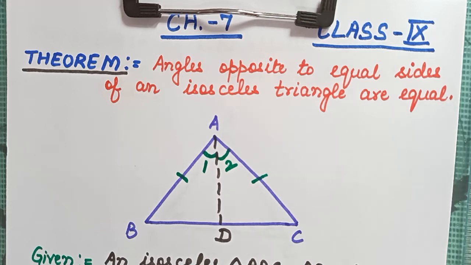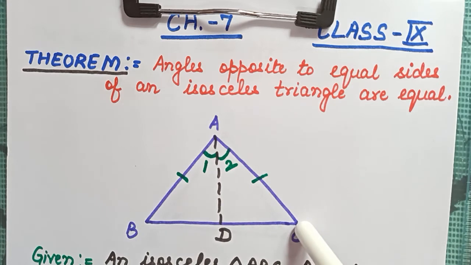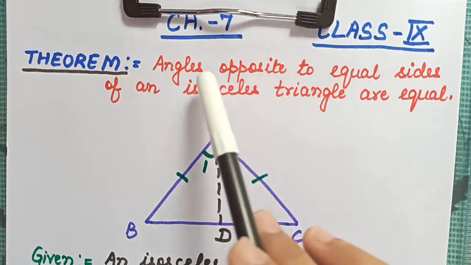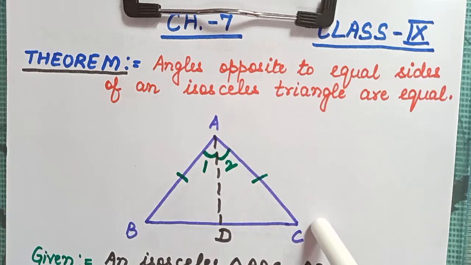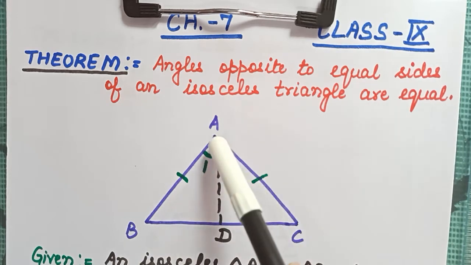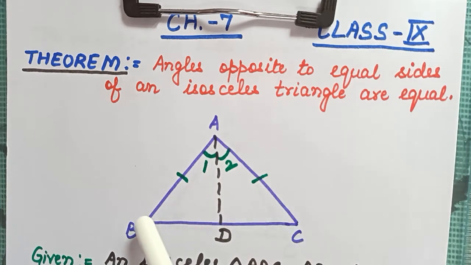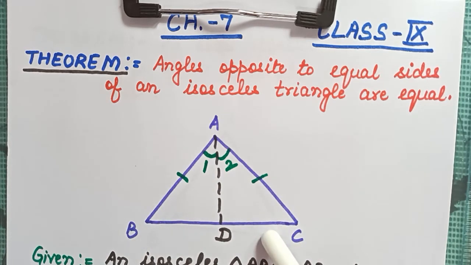Now this theorem states that if we are given an isosceles triangle, isosceles means a triangle in which two sides are equal. So here in this triangle ABC, I have taken AB equals to AC, and we need to prove that the angles opposite to these two equal sides are also equal. Now let's find out which angle is opposite to AB. Opposite means the angle in front. So opposite to AB we have angle C, and opposite to AC we have angle B. Okay, so we need to prove that angle B and angle C are equal angles.